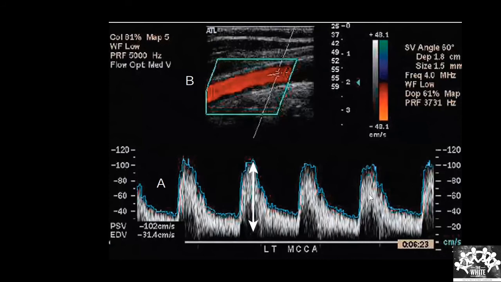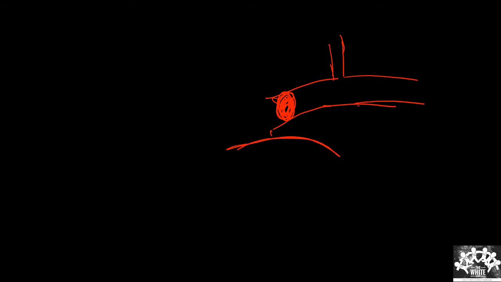One minute. Black screen. See, this is the subclavian artery, and there will be the vertebral artery. Imagine this is where the vertebral artery is going. Now imagine if there is a stenosis or a block here. If this is the vertebral artery and this is the aorta, which direction do we expect the blood to flow in the vertebral artery? We expect the blood to flow in the forward direction.